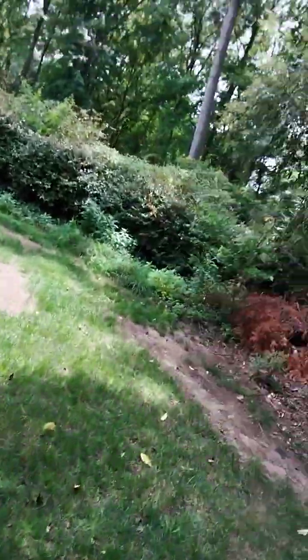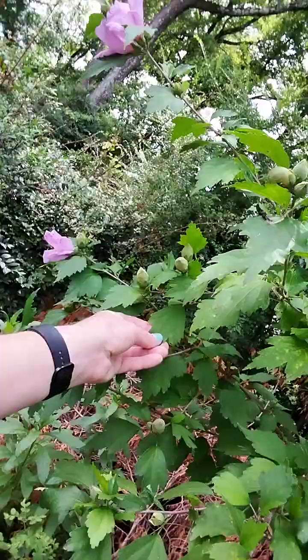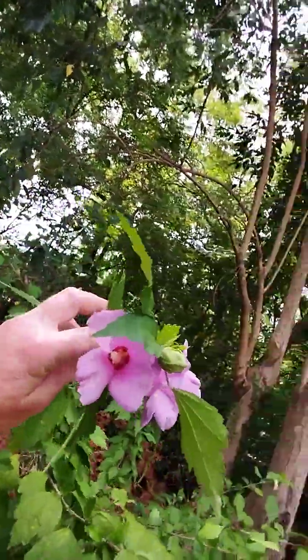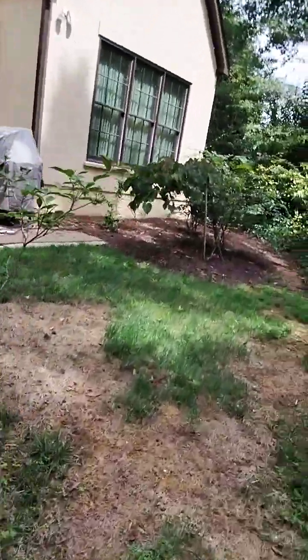Now, these are the ones I call false hibiscus. I don't know what these really are called because I don't recognize this leaf, and it really does look like, maybe it's a hollyhock relative, actually. I really don't know. So, that was pretty much the garden. It's not so much right now. There's other things, but